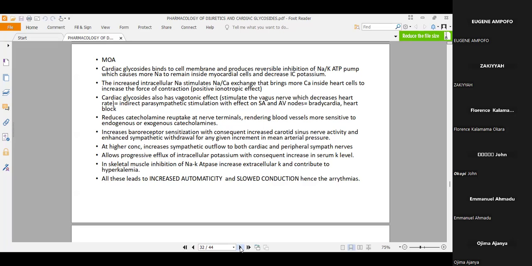They also increase baroreceptor sensitization with consequent increase in activity of the carotid sinus nerve and enhanced sympathetic withdrawal for any given increment in mean arterial pressure. At higher concentrations, digoxin or digitalis